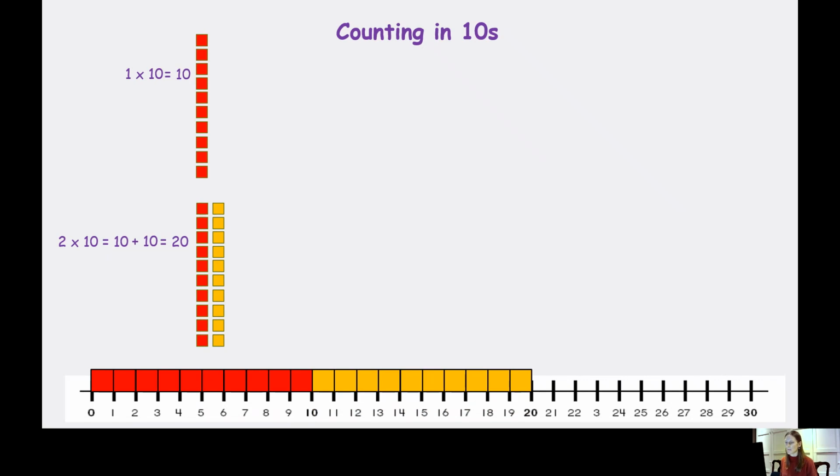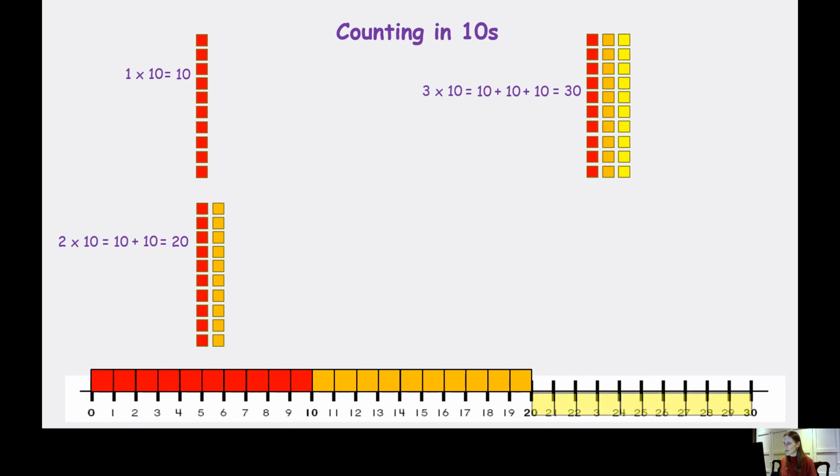to 20. The third number in my 10 times table, that's generated by working out the answer to 3 times 10. And that means three lots of 10 added together, so that's 10, add another 10, add another 10. Three lots of 10 being added together, making 30 altogether. And if I put my third lot of 10 onto my number line, I can see there I get to